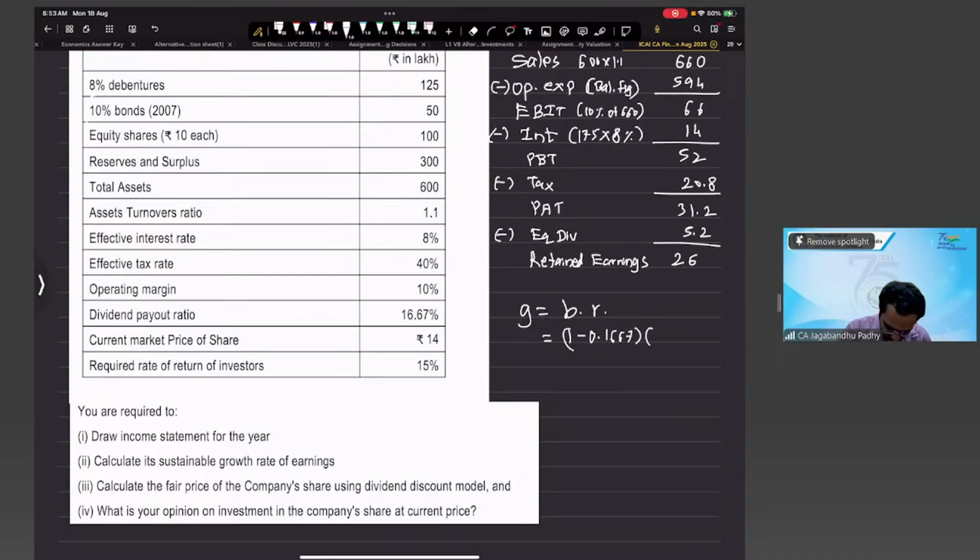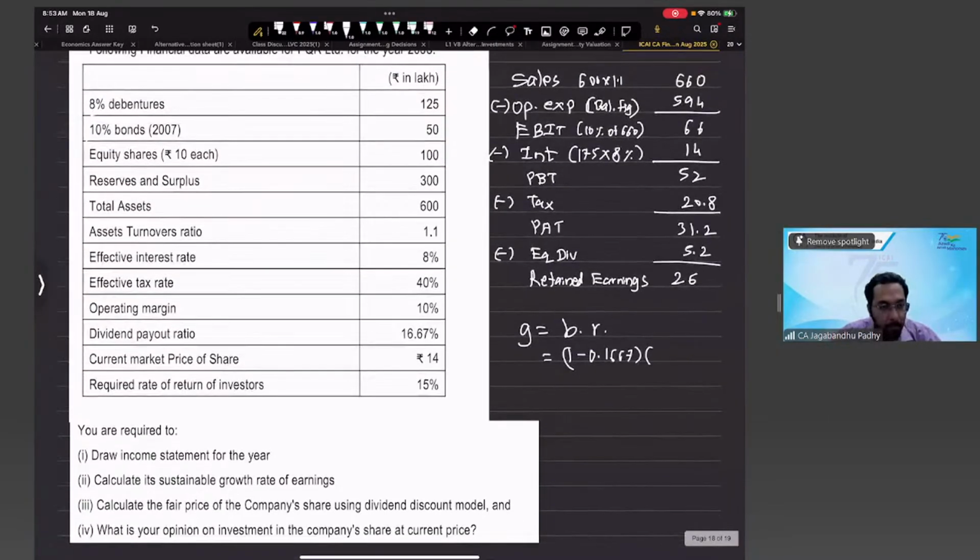Into what's the return on investment that the company has? Return on equity, 15%. No, that's the return which the investor requires. What's the return on equity that the company is generating? Return on equity which the company is generating. It is like you are having a PAT of 31.2, right? Upon a net worth of